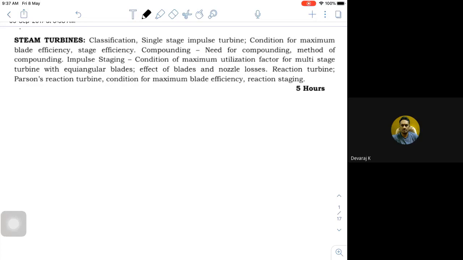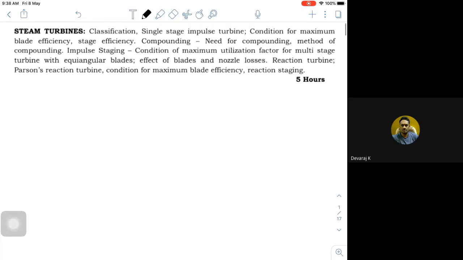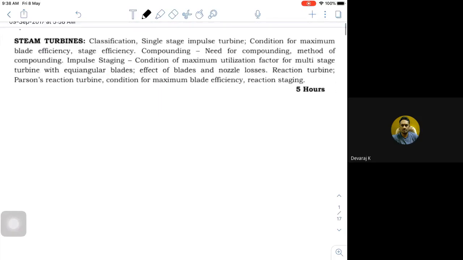And then there is something called reheat, which you have studied in your second unit: the reheat factor, or thermodynamic analysis of it. So those factors we look into, and if possible, we will try to look into some of the performance curves, the condition for maximum efficiency, and the expression for the efficiency, all those things. Now, the moment we speak of steam turbines,